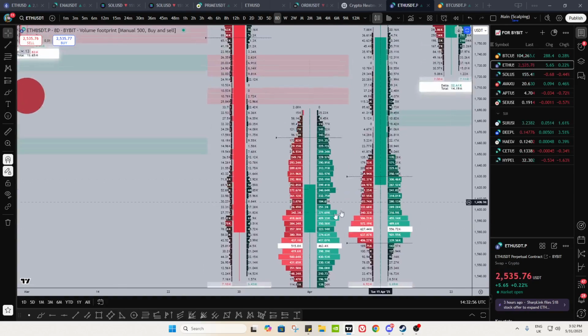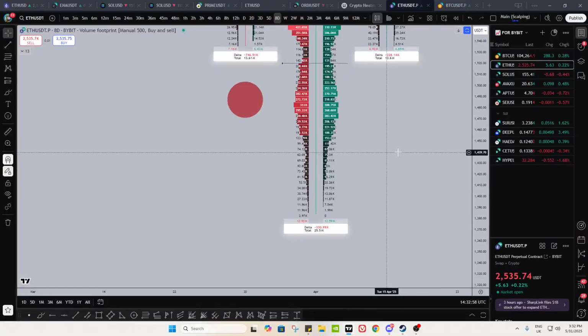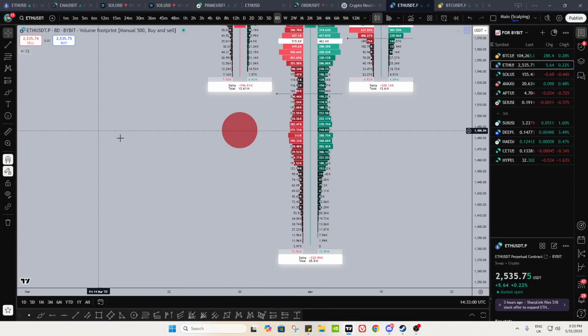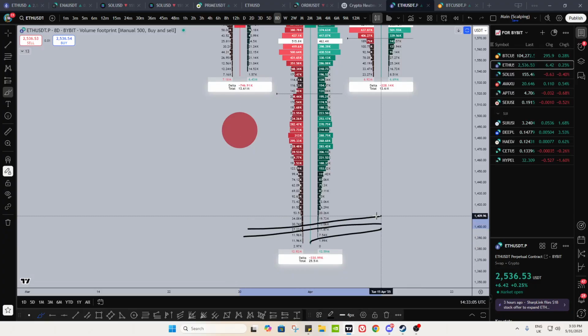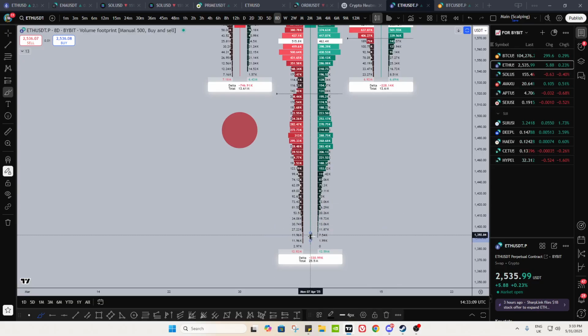What do you notice about the actual close of the candle? Well, you closed way above your lows, and if you look at this, you have to go diagonal on footprint charts, but you see way more selling than buying at any given point at these lows. Compare the ask to the bid. There is way more selling than buying going on, 0 versus 2.97k. All the way from the lows up over here, there's way more selling than buying going on. Yet you closed above all of that.